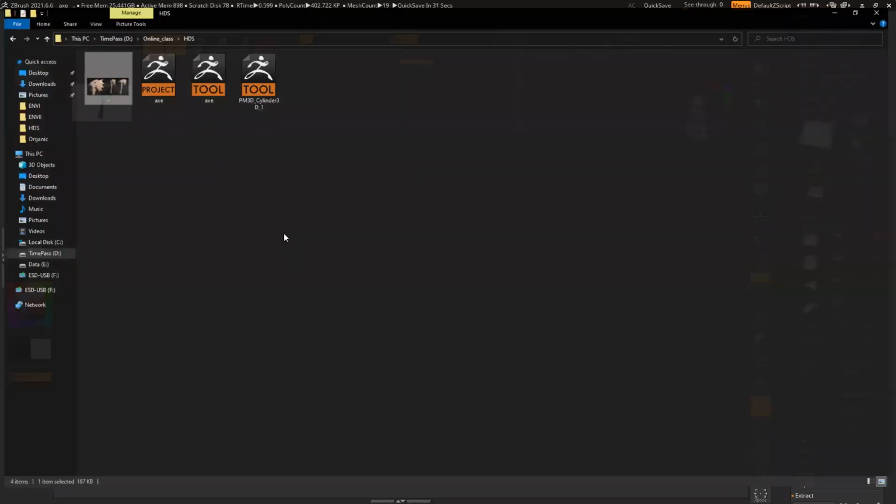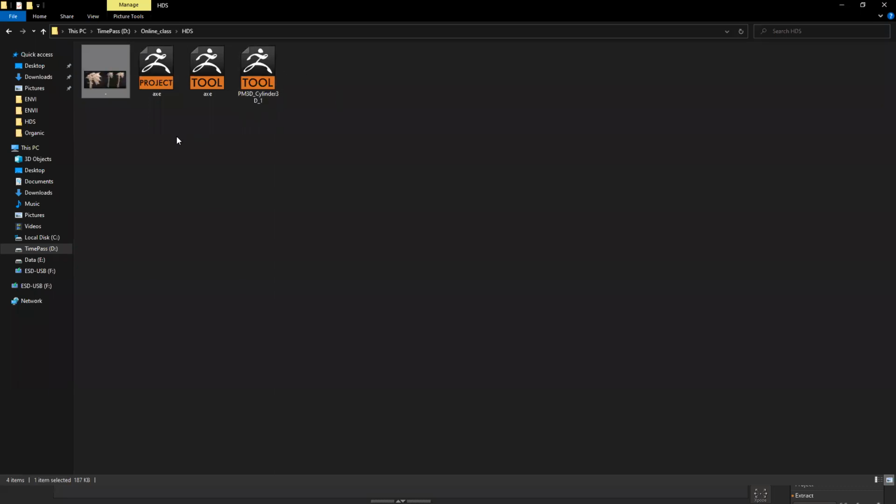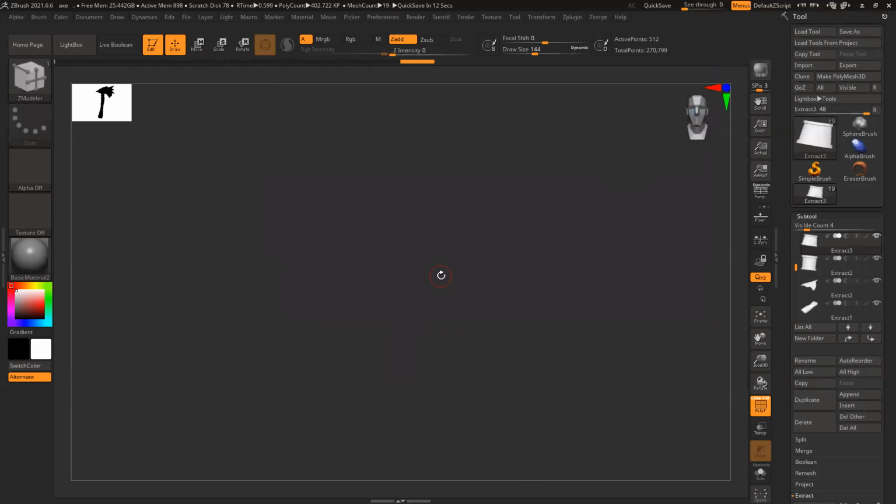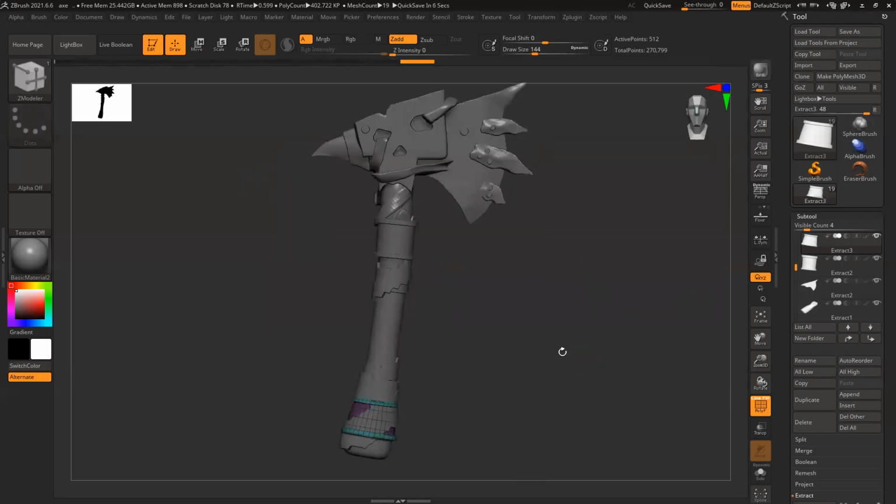If I open and show you, you can see this is not required. So axe, project and tool. Project is 5.5 MB, axe is 5.53 MB, a slight difference. But right now it has history, and when I reopen the file the size will reduce, and it only stores the polygons. That's it. No history, nothing else.